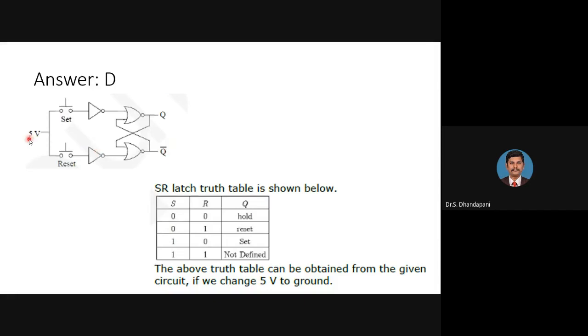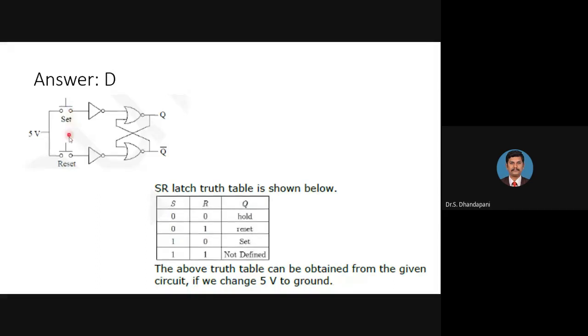When the input is connected to ground and S equals 0, set, and reset equals 1, at that time we can see that the circuit is reset. When set equals 0, the switch is open.